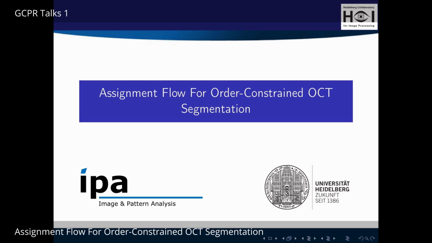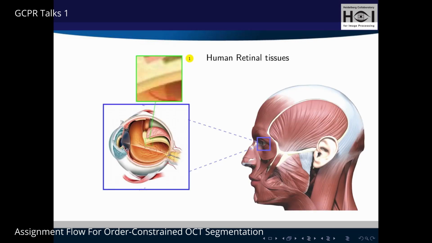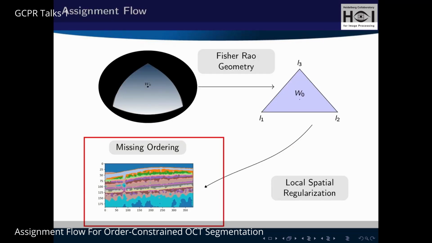Today, we will be presenting to you a segmentation approach for detecting human retina based on optical coherence tomography data. Especially during this presentation, we will show how to segment volumetric data and achieve additionally labelings which respect the biological retina layer order. For this purpose, we equip a set of probability simplices with Fisher-Rao geometry and achieve special regularization